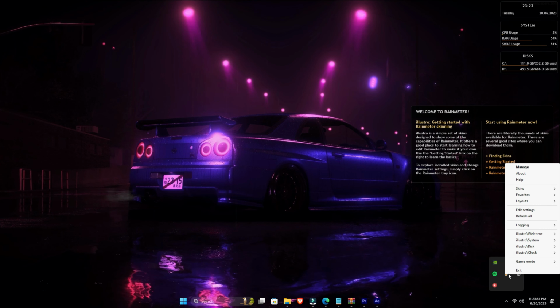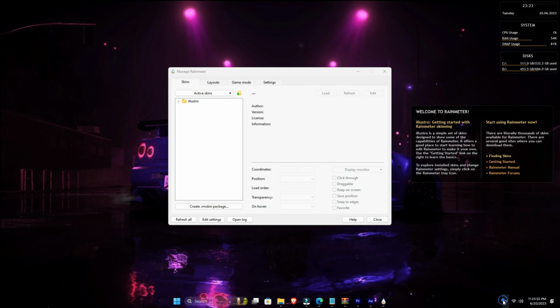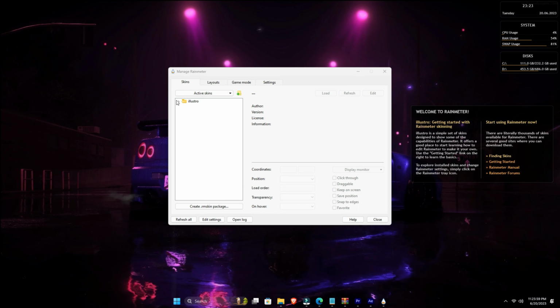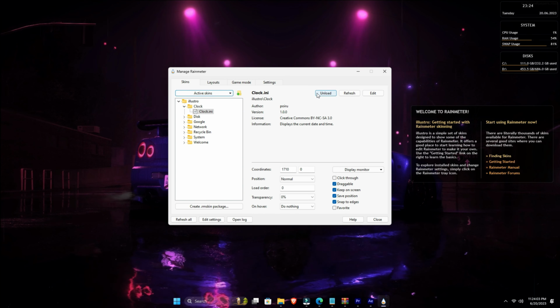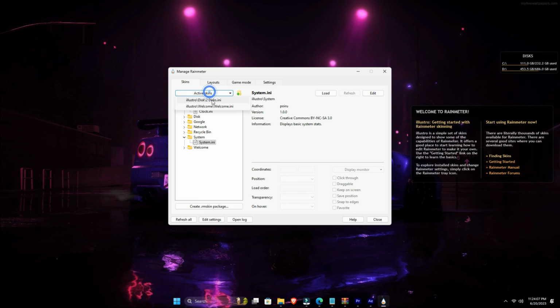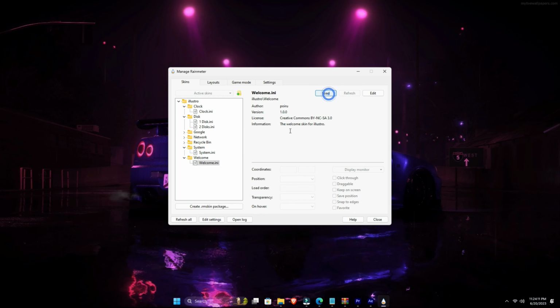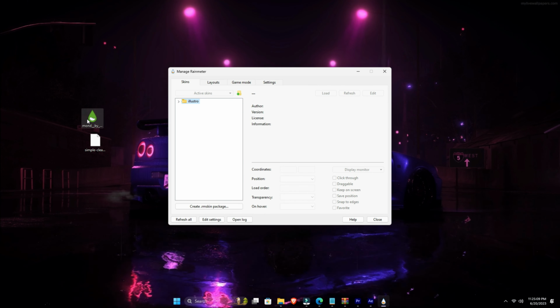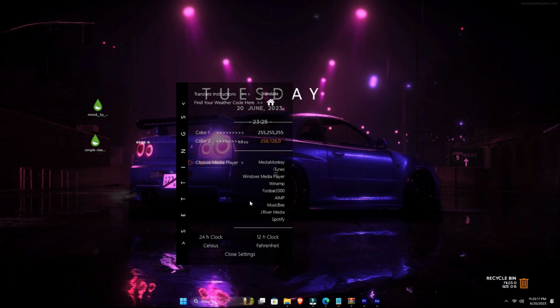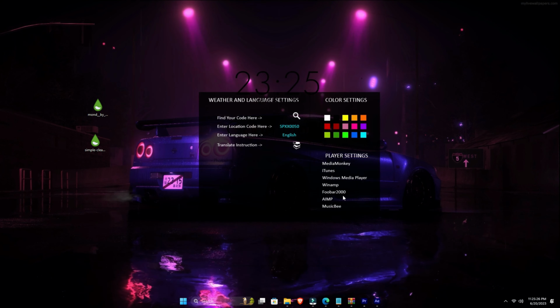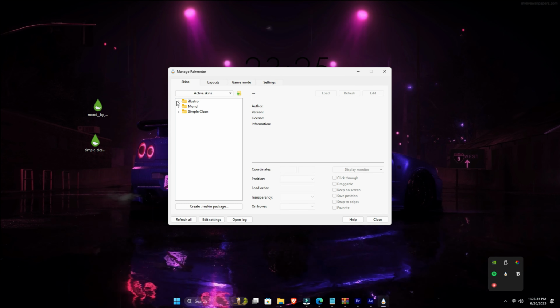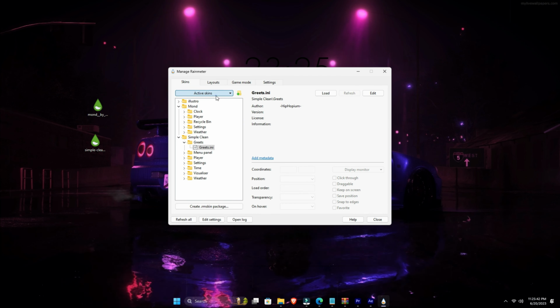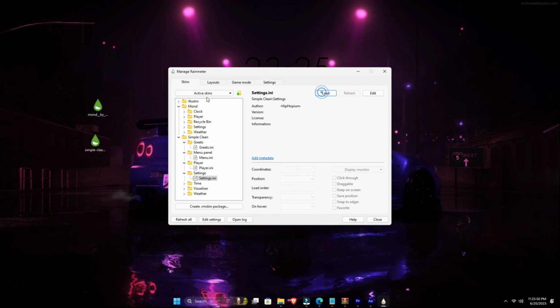After installing, let's open it and click on the drop-down, which says Active Skins. Now click all one by one and click Unload on the right. After doing so, you will notice that all of those welcome screen and unwanted widgets have gone. Then double-click on the skins which we have downloaded, and click Install at the bottom right. After that, make sure to unload all skins except for Mond Clock and Simple Clean Visualizer.